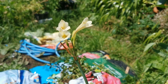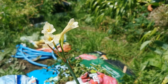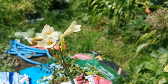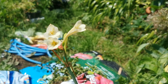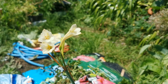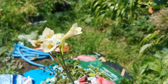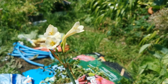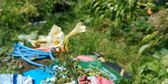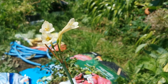Obviously, the climate and the kind of soil they have in Australia, even in quite cold areas like Canberra, is very different from the one we have in the UK. I mean, the UK is way wetter throughout than even the coldest areas of Australia. However, in this case, the plants survived at temperatures below zero. In the UK, considering that the climate is quite wet, I wouldn't really bet on the hardiness of this plant